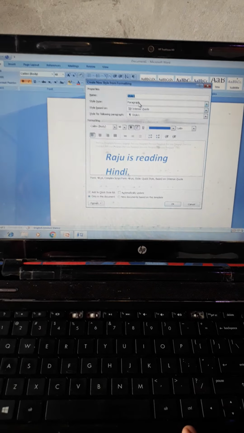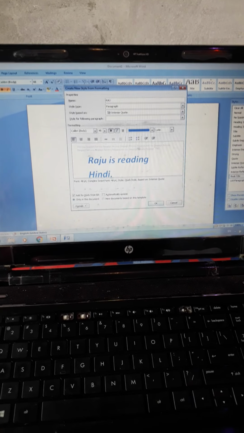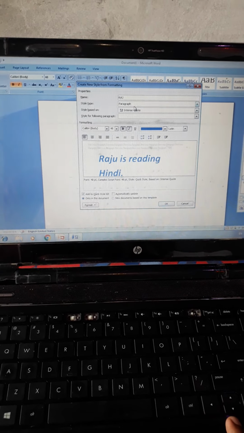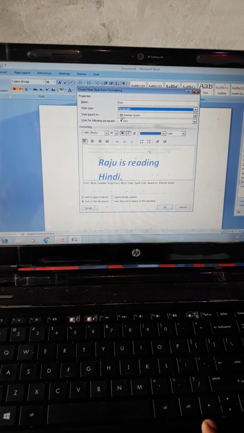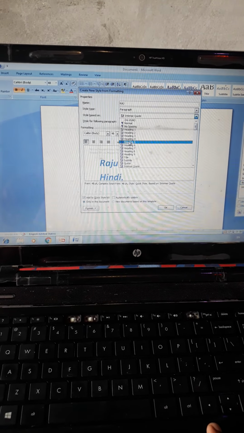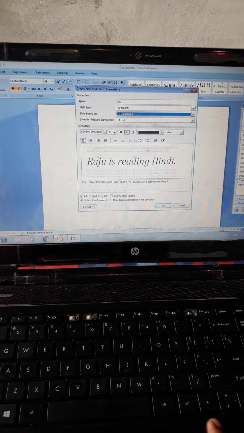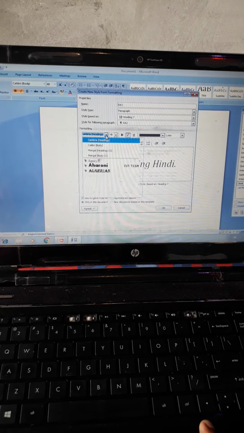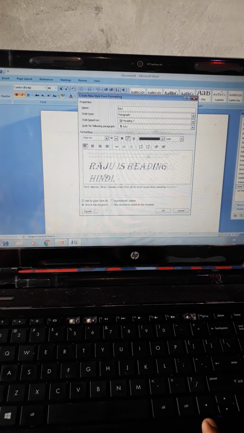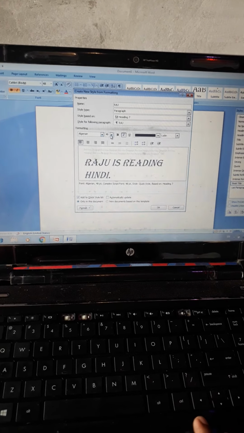According to our need we can write the name. Suppose I'm going to write the name. Here Raj has been written, and also you can select paragraph style or character style. According to your need you can select. Next, which type of style you want to apply. So I'm going to apply this effect, and also the font style and also font size.